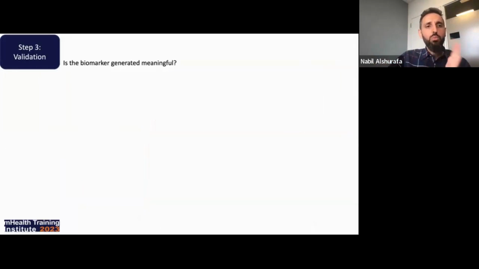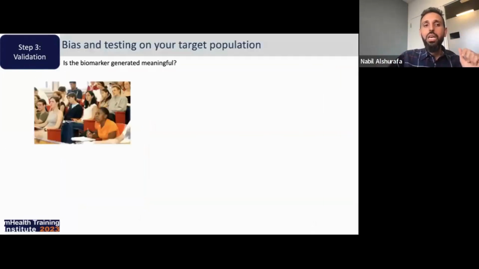So now moving towards the last step that we'll cover in the talk, that of validation. And here we're asking again, one of the most important questions: is the biomarker that we're generating meaningful? While this may seem obvious to a lot of folks, many computer scientists and engineers may build a system that's not really tested in the population of interest. And many times it is a convenient sample of students.